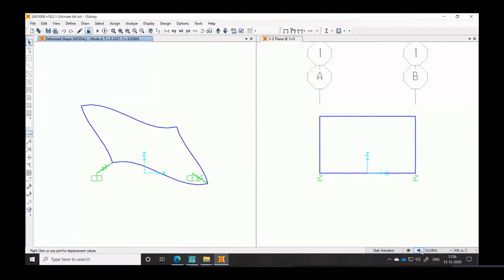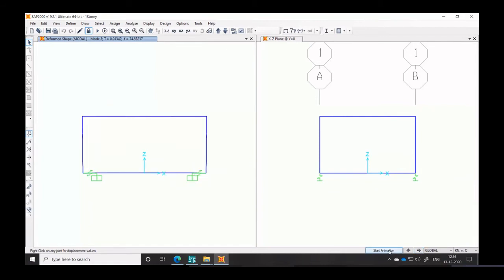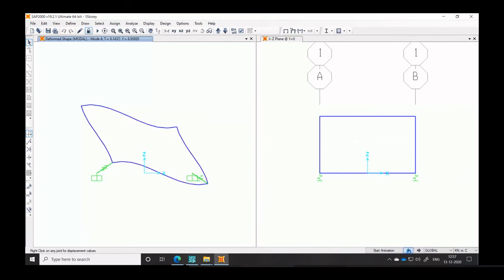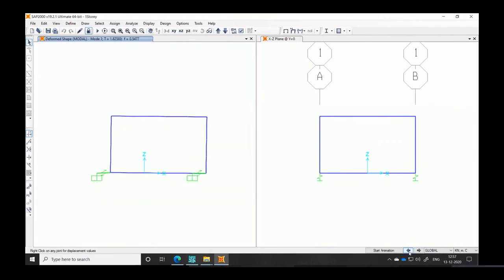This is again the isolator mode. Because this is a frame structure and the mass is not large, you can see the isolator mode and the superstructure mode, which is not exactly a pure superstructure mode, but a combination of both.